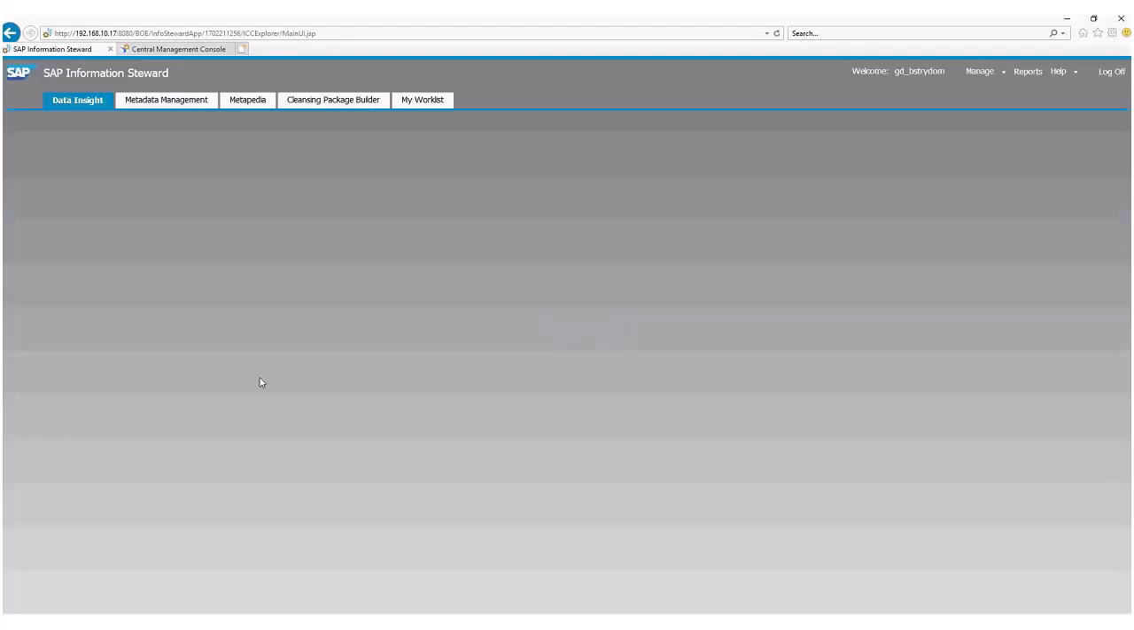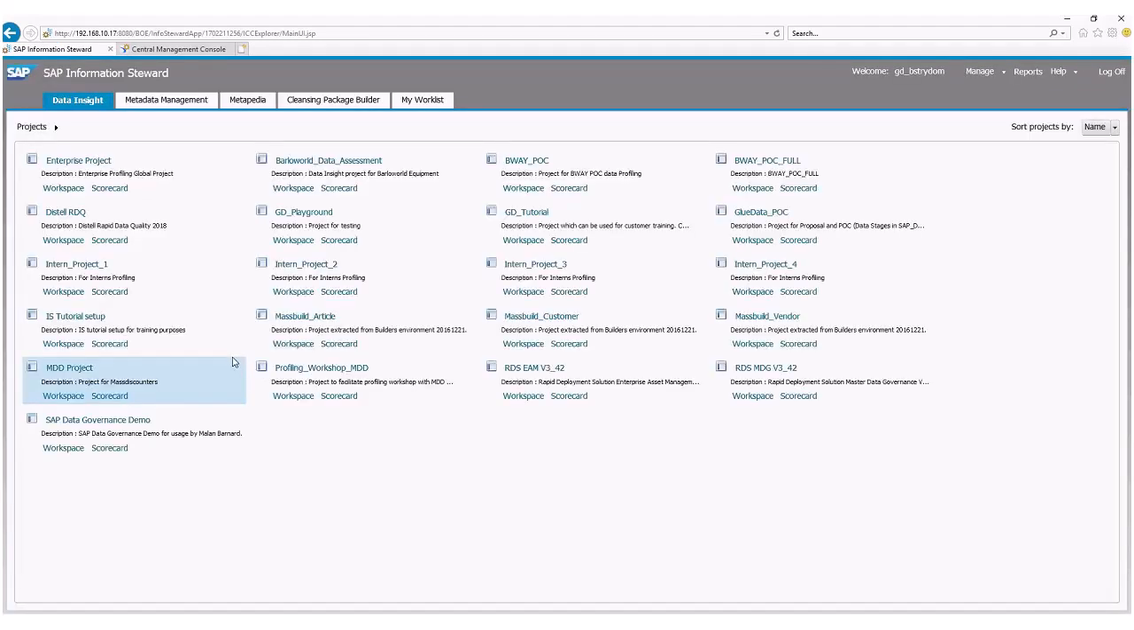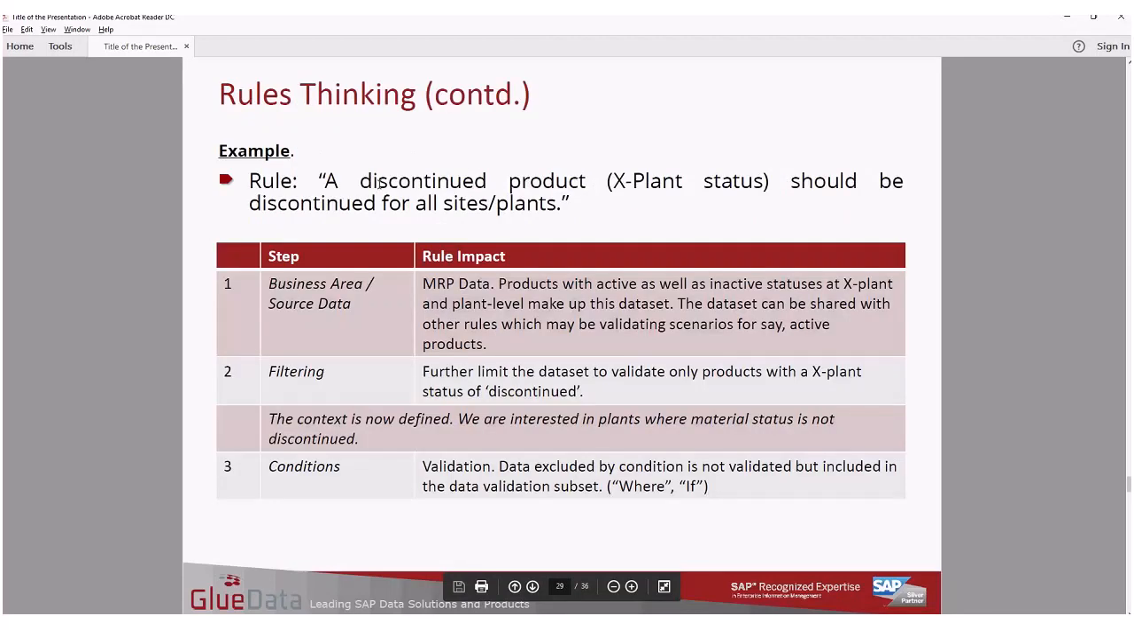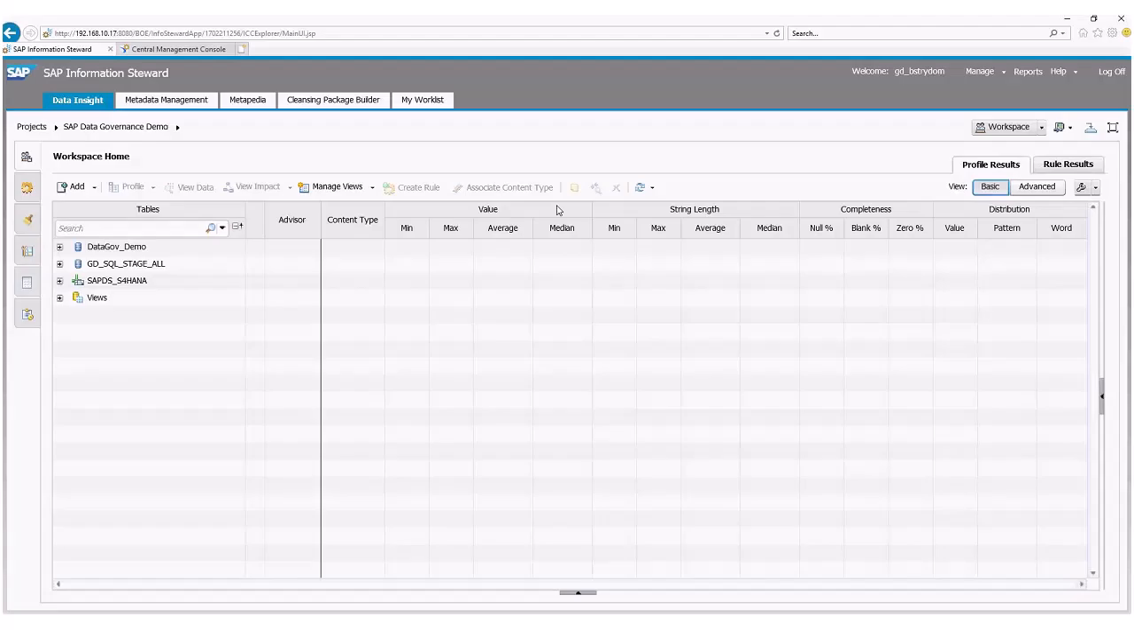Okay, so the first step in the process of defining context for me was to look at the source data. I just want to jump back to the rule: a discontinued product at a client or cross-plant level should be discontinued for all sites and plants, plant extensions. Okay, so I know, or if you don't, then you get an SAP functional person to help you, that we're